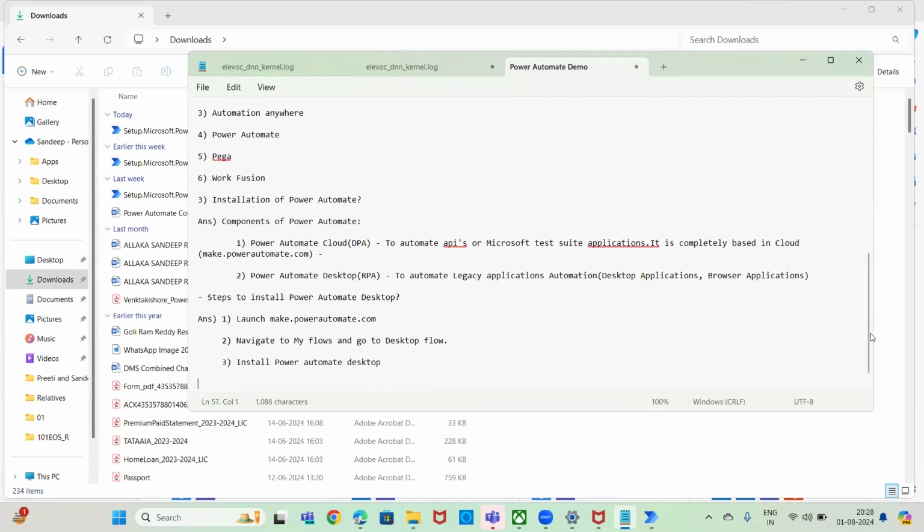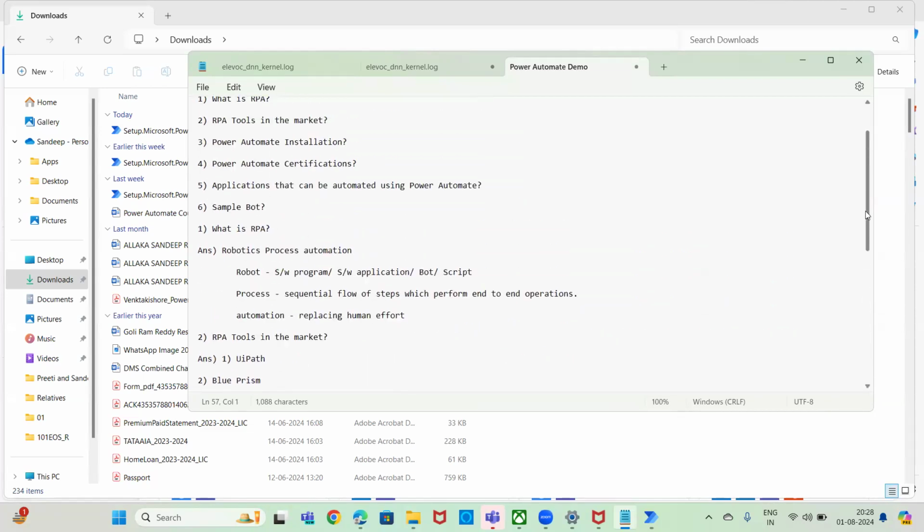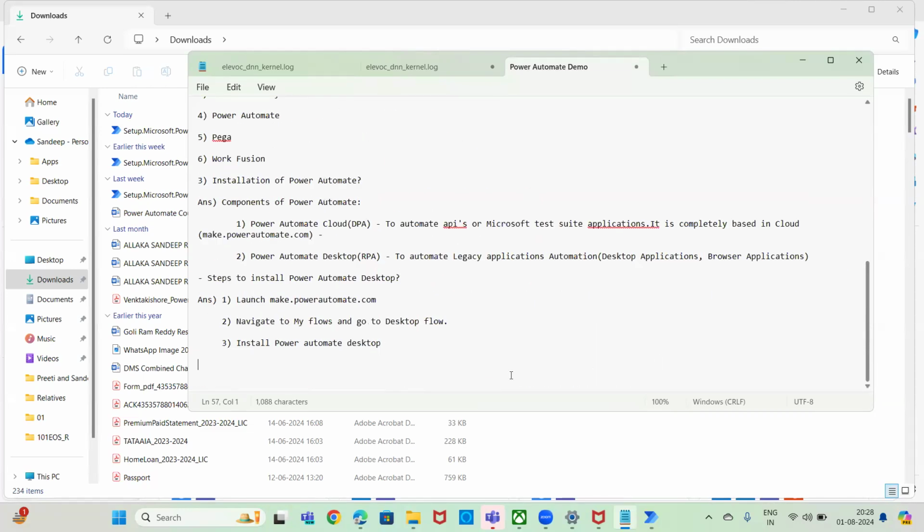Next, we'll discuss Power Automate certification. Very, very important. Currently in the market, if you have any certification of Power Automate, you will have an edge over other candidates. So for Power Automate certifications, we have